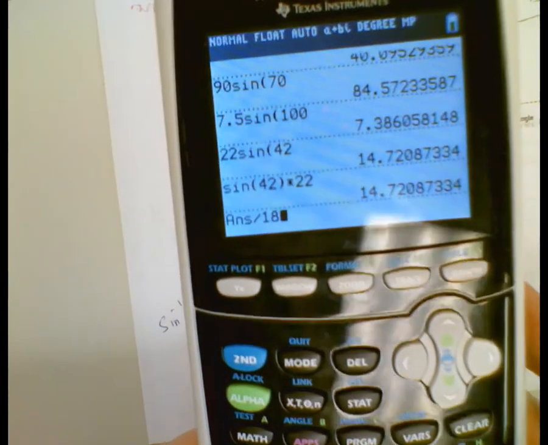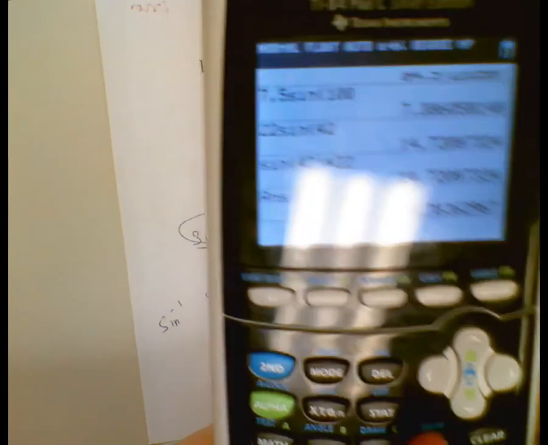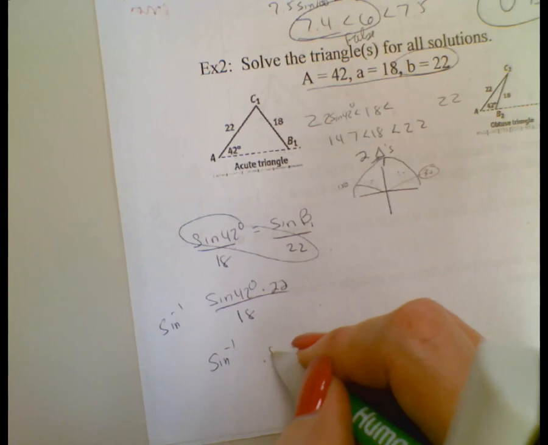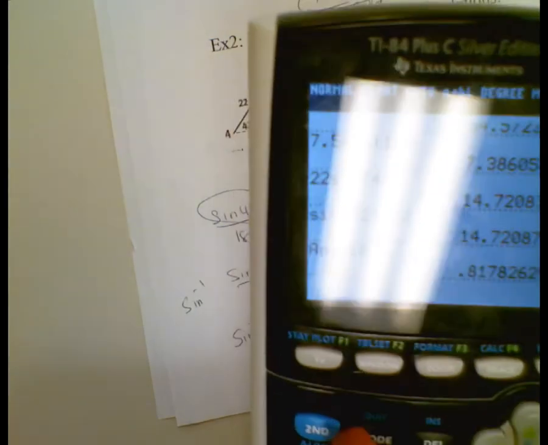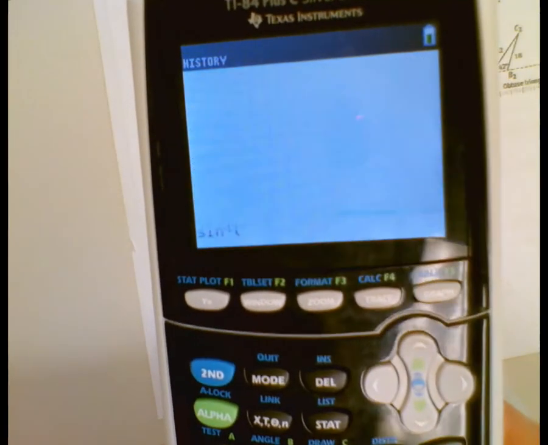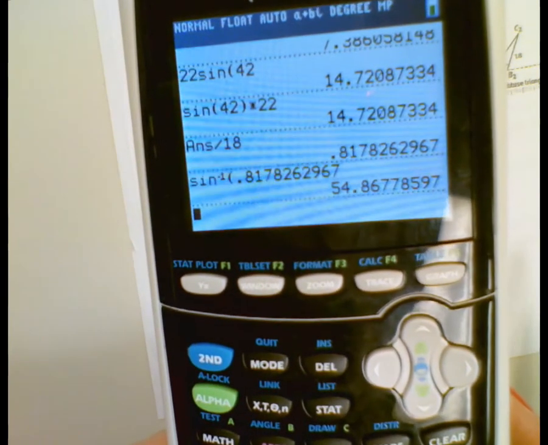divided by 18 equals. Now you get a decimal, which is fine because we're going to do arc sine now. So it's arc sine of 0.8178. So we're going to take arc sine. Now, for those people that have the highlighting feature, just go up and highlight that and press equals, and it copies it right there. Arc sine of the previous answer is